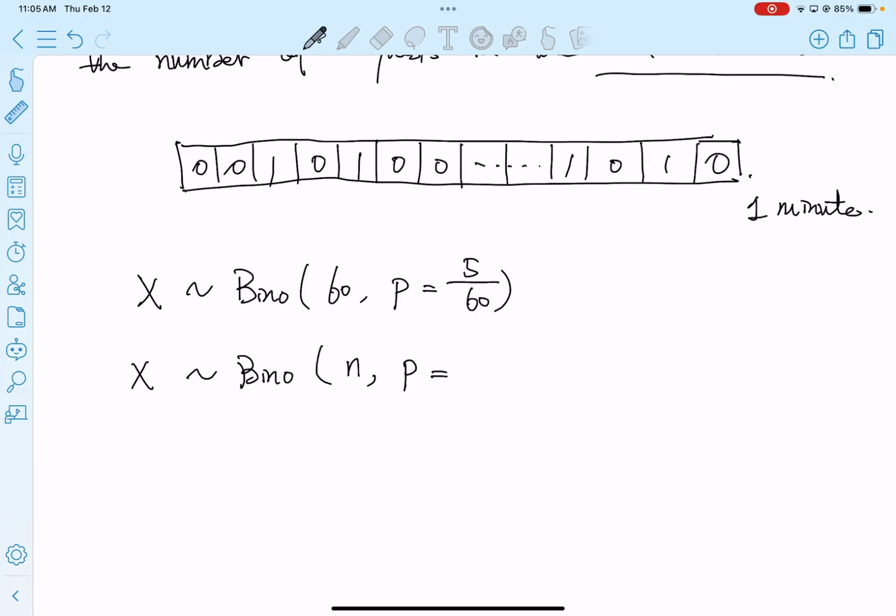In the general case, the probability for each coin, in the binomial case, is just the number of requests, which is lambda on average, divided by the number of intervals that we segregate. Then we will have a general case. And now to show how it becomes a Poisson, I will make n go to infinity. Basically, we're just cutting the 1 minute window into infinite seconds, or infinite time slots, and then you will see how it becomes a